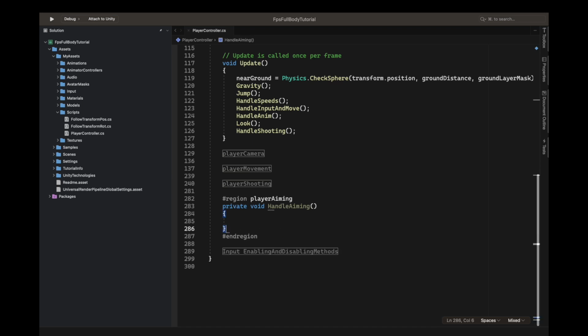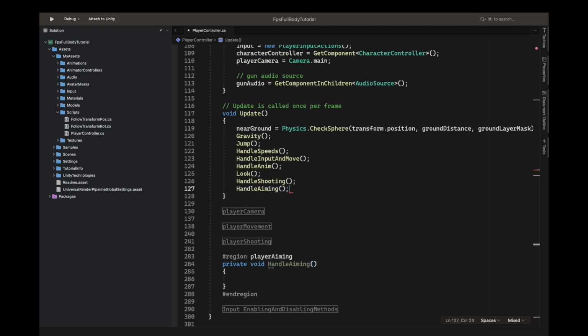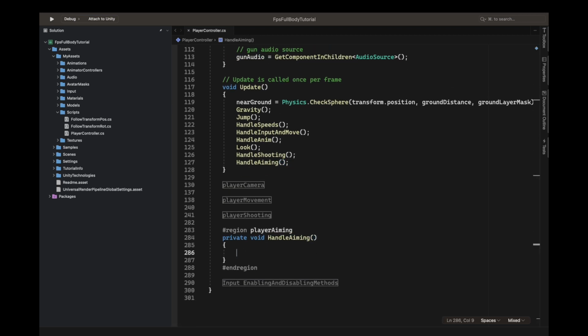I'm aiming and aim. I don't think we need the aim. Might need it later on, maybe. And I think we can do it for now with handle aiming. So just call it every update, after all the methods are called, and then inside the handle aiming function, we'll do an if